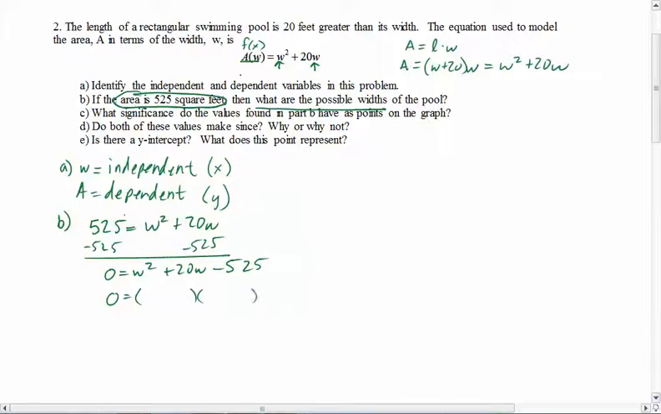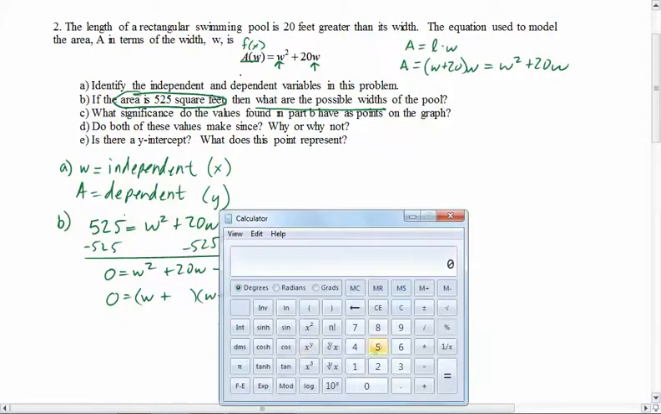And so I'm going to put a W in front, because W times W is W squared. My signs have to be plus and minus, because the positive times the negative will give me this negative right here. And now I've got to come up with the factors of 525. Now, I'm not sure what those are off the top of my head, so I'm just going to pull up